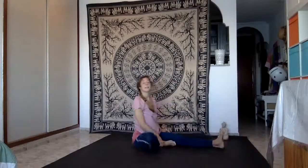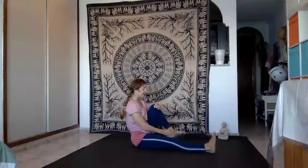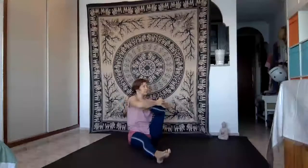Now coming back and taking the leg back out, flex, and taking the other leg up, catching the ankle, and moving the hip, grabbing as deep as you can. Dropping that knee away. And then taking the right hand to the outside of the left foot, already directing the leg parallel, left hand to the back,